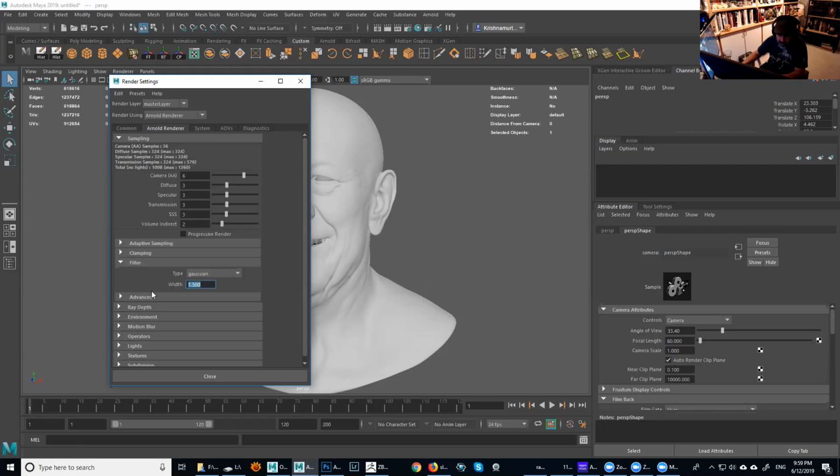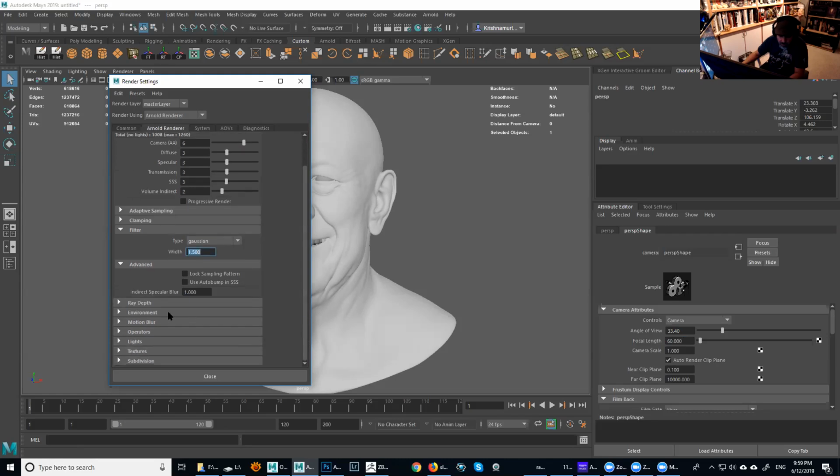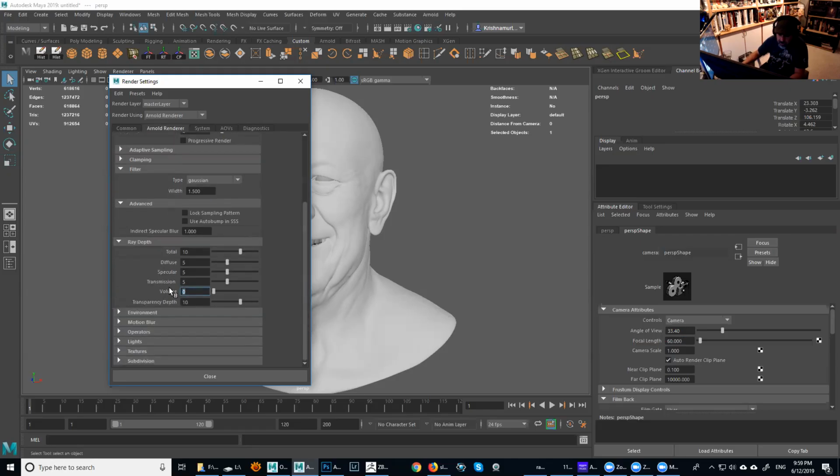Again, I'm going fast because this was covered before, so I don't want to waste your time. This one I'm going to turn off because I'm not going to do anything super fancy with SSS at this point. And ray depth, I could increase this stuff here, but I don't need to. It's just in case we have transparency in the scene, like glasses and things like that. I normally use that, especially for eyes.